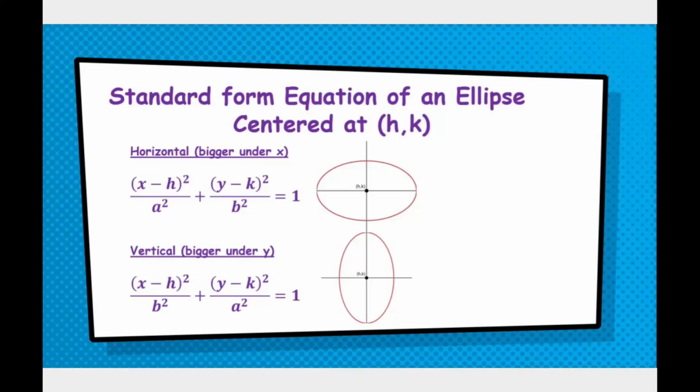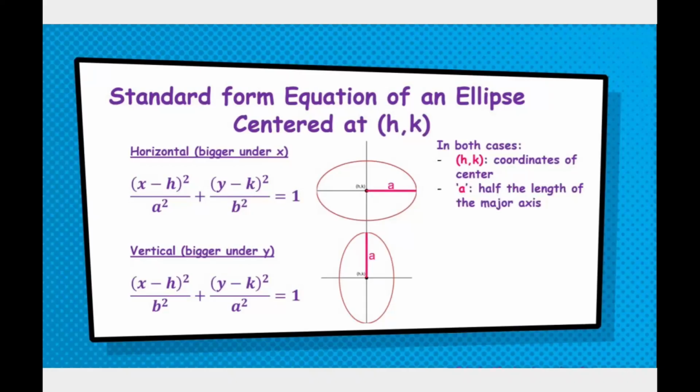So with horizontal, your major axis will be longer, going horizontally, which is why it's bigger, and that has to do with a, which is what we talked about a second ago. Remember, 2a is the diameter, a is half of that. 2b is the diameter of the minor axis, and then b would be half of that. So in both cases, h and k is the coordinates of the center. a would be half the length of the major axis, and b is half the length